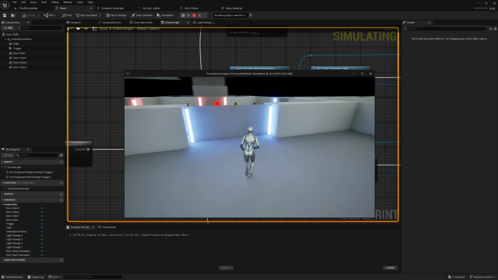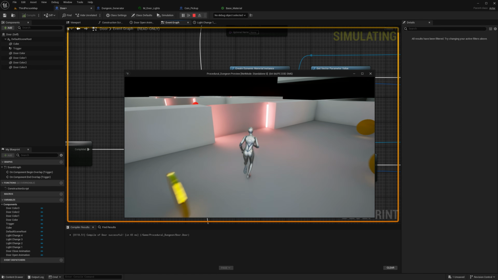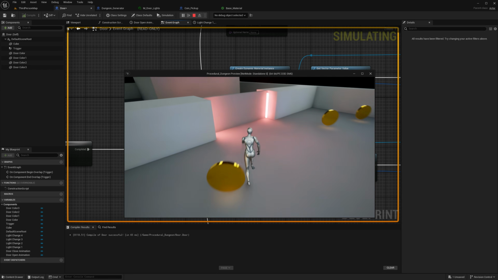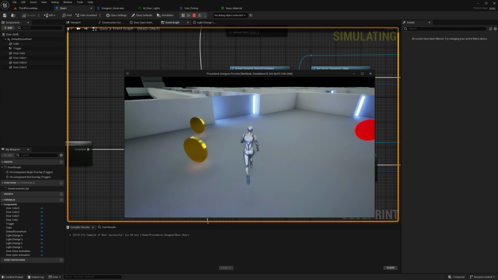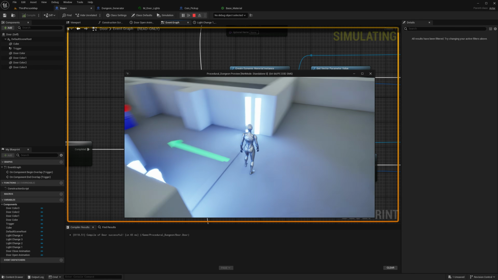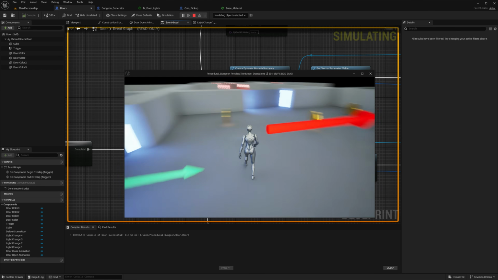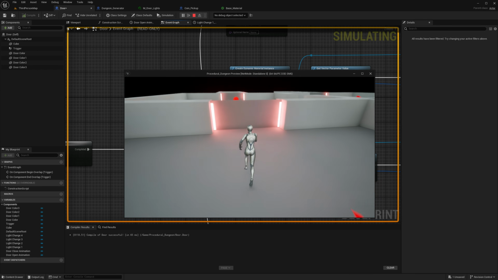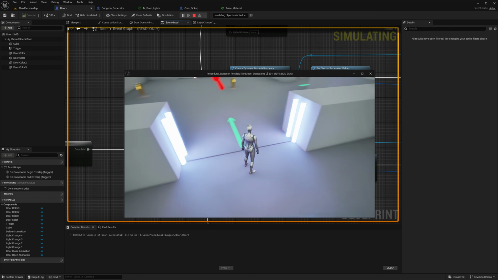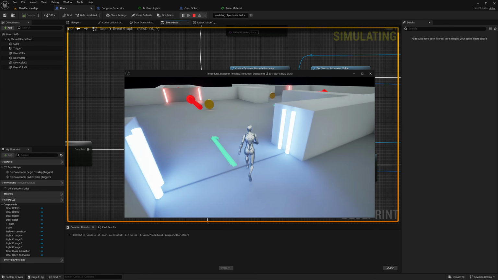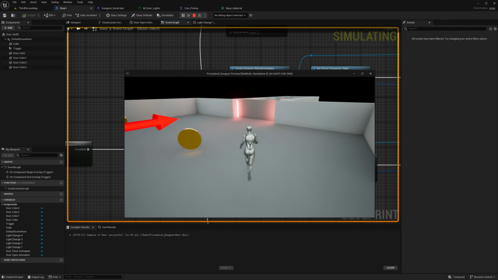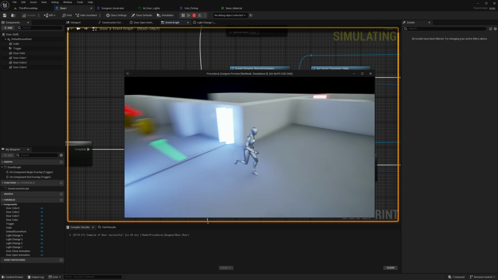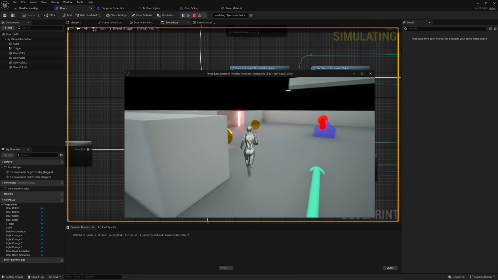So I'm hoping you got something out of this tutorial again. And of course these are just, you know, cube examples for doors and stuff. Make sure that your stuff looks more awesome and fits your game better than just a cube that goes up and down, right? Create an awesome looking door and use that. These are just how to implement it, more or less just concepts of how you can do things in Unreal.